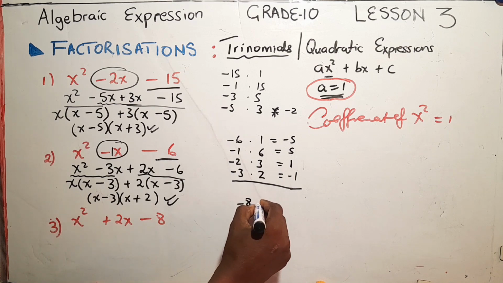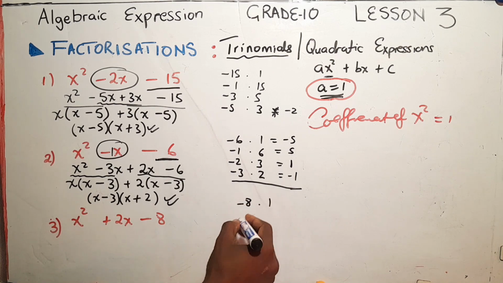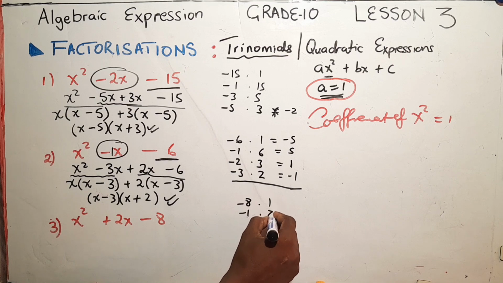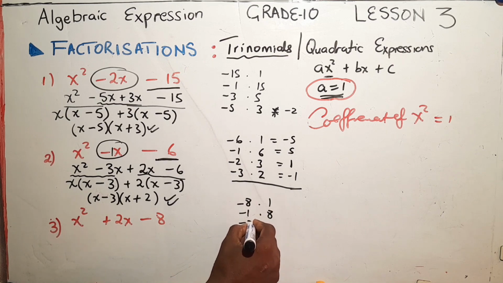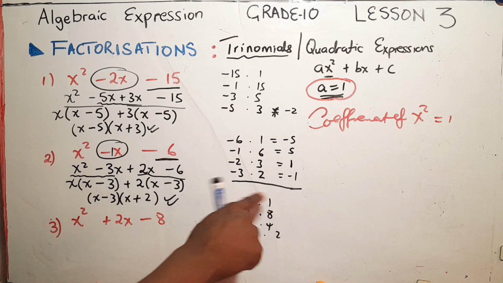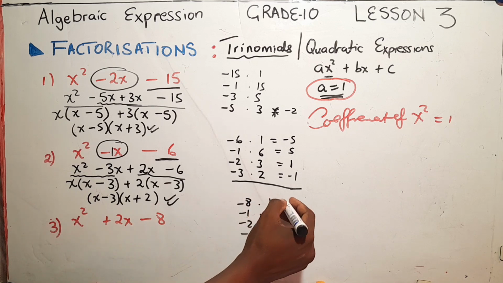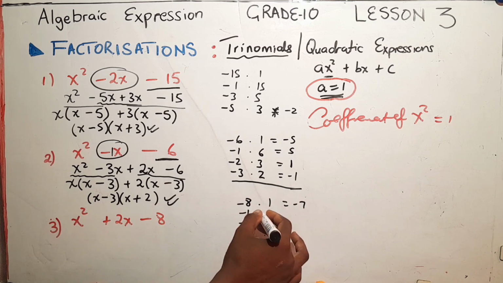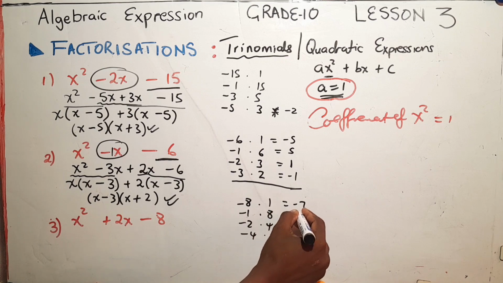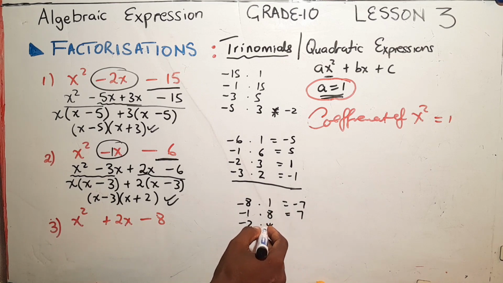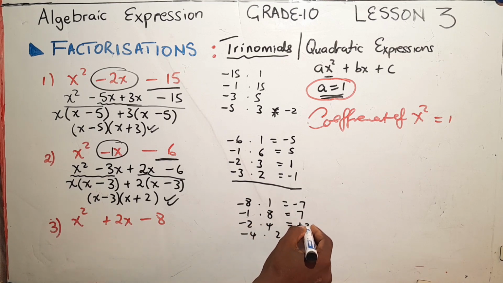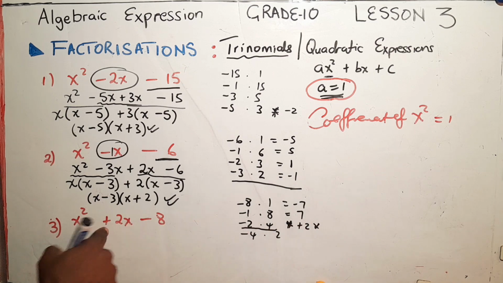So negative 8 multiplied by 1 gives us negative 8, and also negative 1 multiplied by 8 gives us 8. Negative 2 by 4 gives us negative 8, and also negative 4 by 2 gives us negative 8. So now let's add these values. Negative 8 plus 1 gives us negative 7. Negative 1 plus 8 gives us positive 7. Negative 2 plus 4 gives us positive 2. So these are the values that we are going to use, because they're giving us the value of b, which